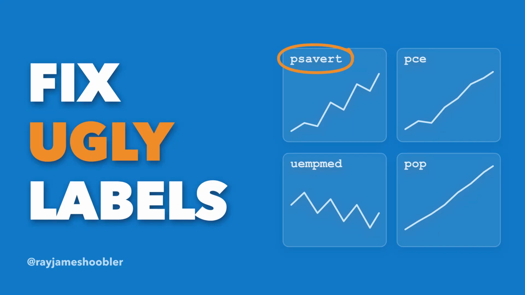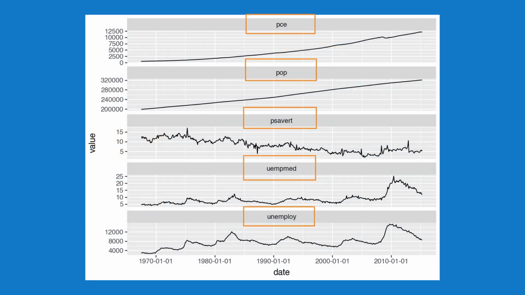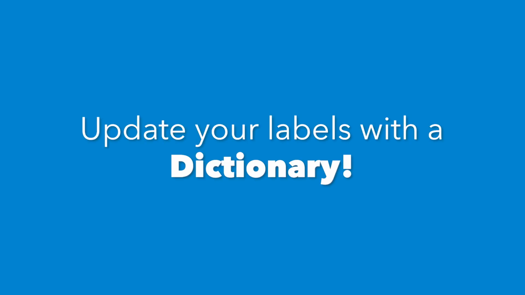If you've built a faceted chart in Plotnine, you've probably run into this situation. The labels on your subplots are the raw values from your data. This is fine for exploratory data analysis, but not fine for a presentation. In the next few minutes, I'll show you how one Plotnine dictionary turns those raw values into labels a reader